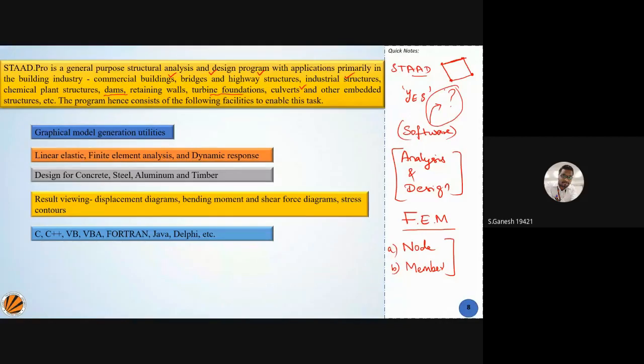Now, as I said, what is behind it? The software is running behind with certain third-party software for coding purposes. That coding software is nothing but C++, VB, VB8, Fortran, Java, Delphi. These are certain software which help you to do the codings. So what is this coding?